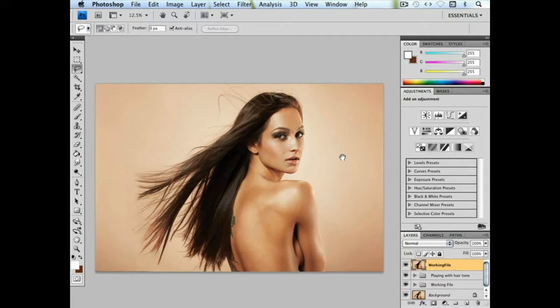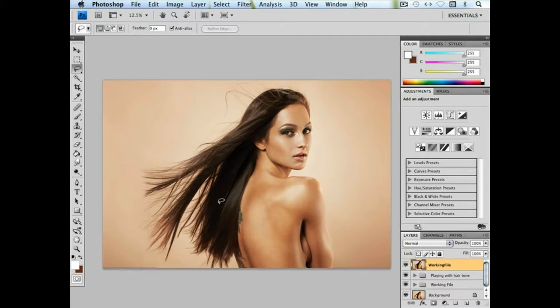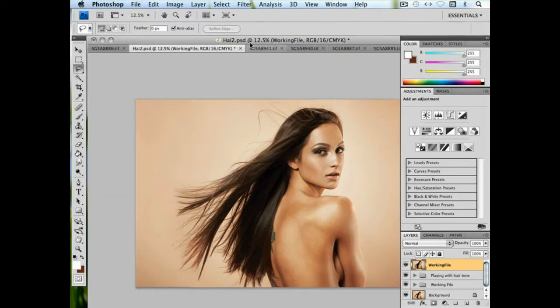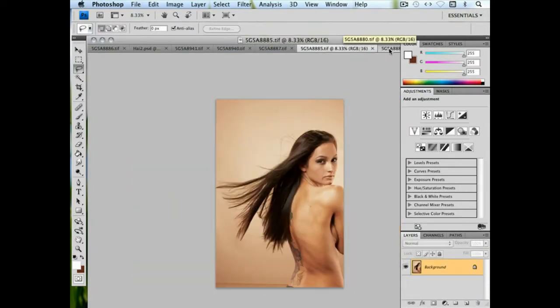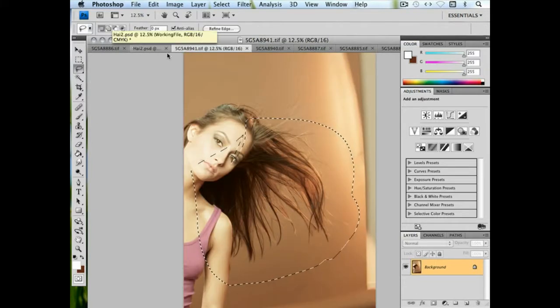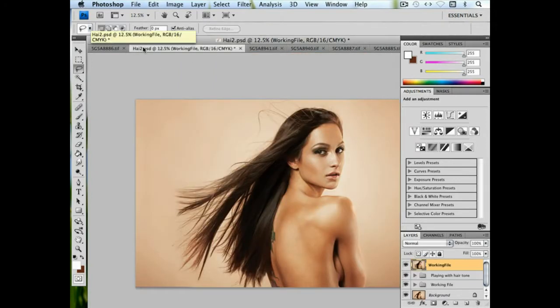So what I'm going to do now is I'm going for the wow effect in the hair, like hair blowing everywhere. And it's very hard to get in camera because, well, it's really hard to get the right pose and the right lighting and the hair flowing exactly where we want it. So that's why I have loads of different images to take hair from. And that's what I'm going to do. I'm going to take different hair from different parts of the image and different images all together, like this one. This is really different image, same model,